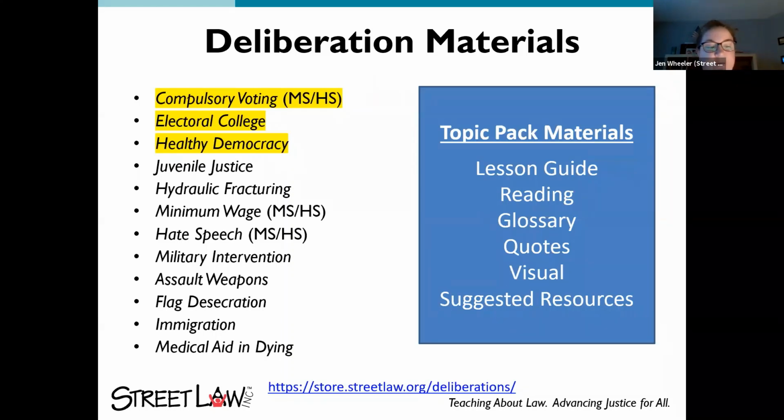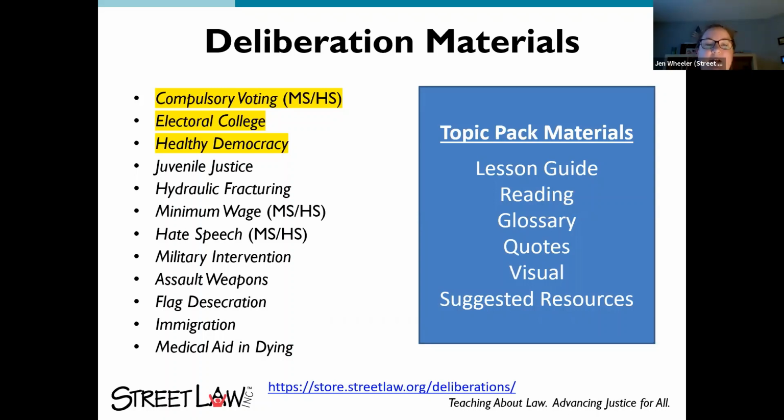Deliberations I've observed on this topic have ended up talking about voter turnout, voter registration, and globally what different countries do when it comes to voting, because compulsory voting, although it doesn't exist here, does exist in several other countries, and there's research connected to it. So it's a great conversation for students to have, especially toward the beginning of the year when they're getting to know each other, and you may not want to embark on a really hotly contested topic.